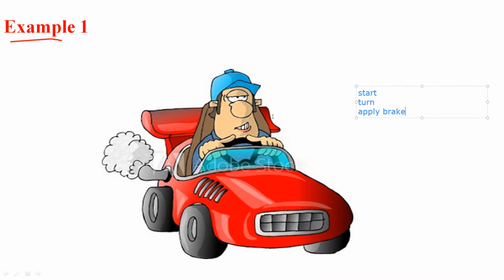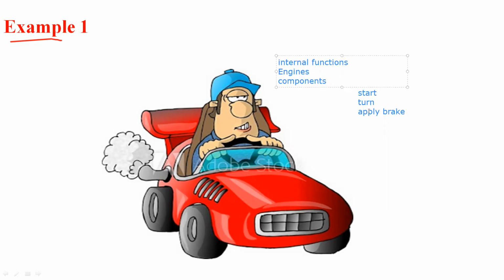We can start a car by turning the key or pressing the start button, but we don't know how the engine is getting started. We don't know how the internal functionality takes place, and we don't know anything about the engine or the different components that a car might consist of. All these things are hidden from the user's perspective.